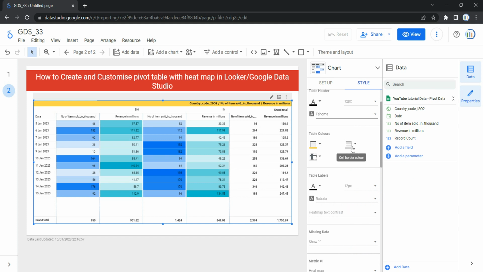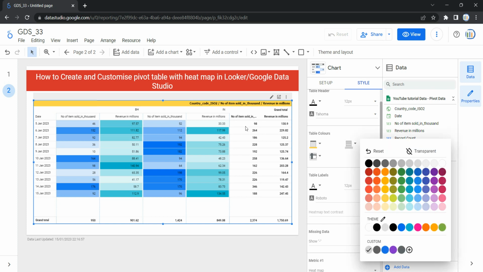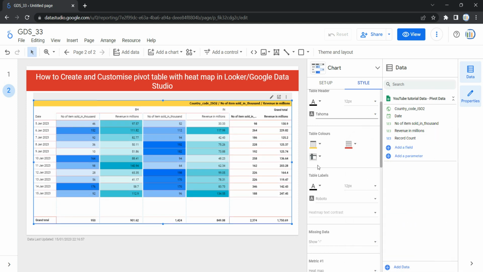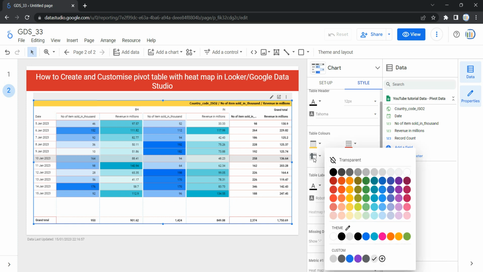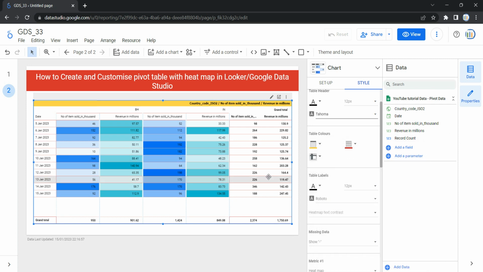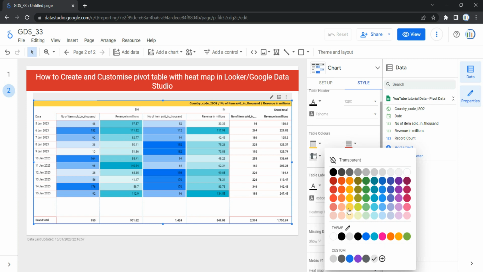Then we have an option of cell border color. It sets the color of the border between the rows. So these are the border of rows, right? So we can select any color. So let's select red. Now the next option that we have is the highlight color. It sets the color of the highlighted bar. So based on your requirement, you can select the color of the highlighted bar. As you can see over here, whenever I go, it's gray. This highlighted or the selected row, or the row on which my mouse is, it's highlighted in gray. So you can change the color from here. So let's keep it as